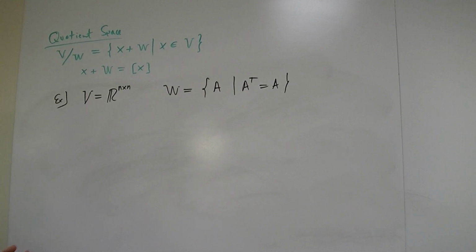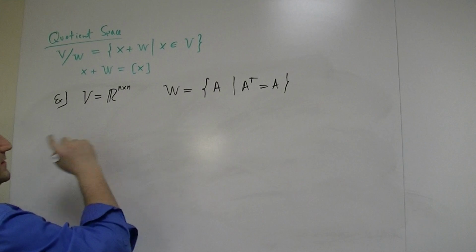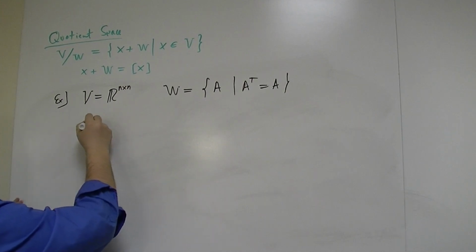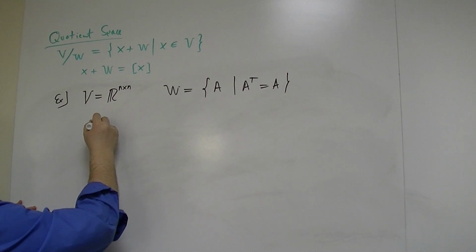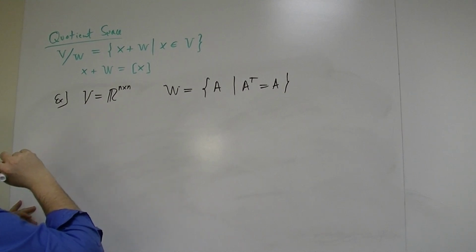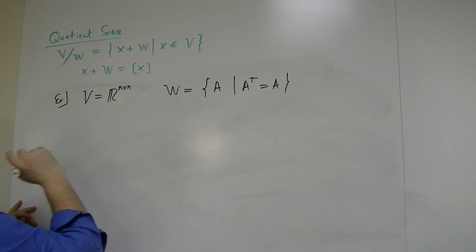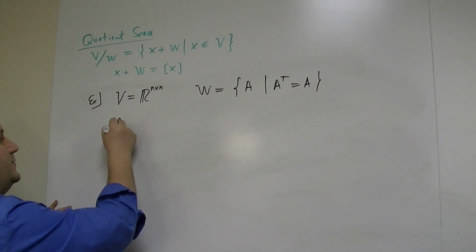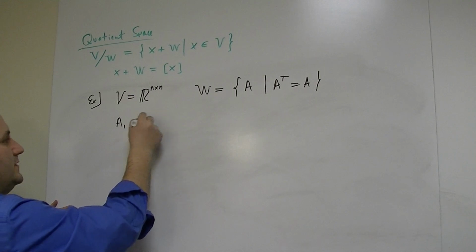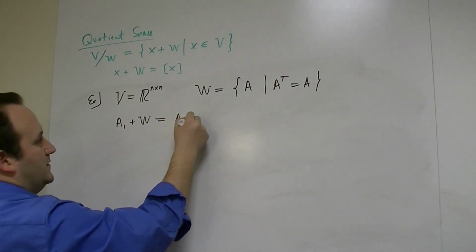I don't want to say too much about it. What would the representative of the coset here look like? So if I had, say, A1 plus W equal to A2 plus W,